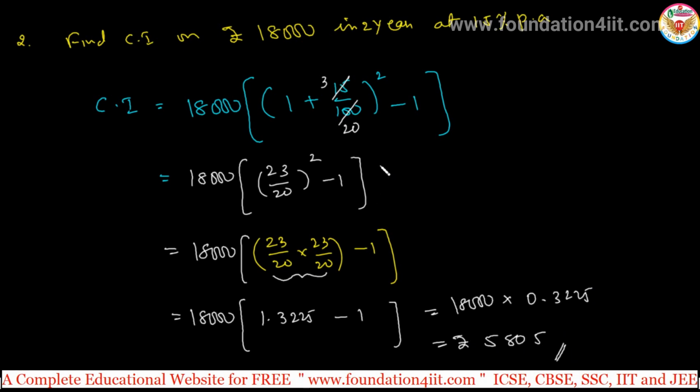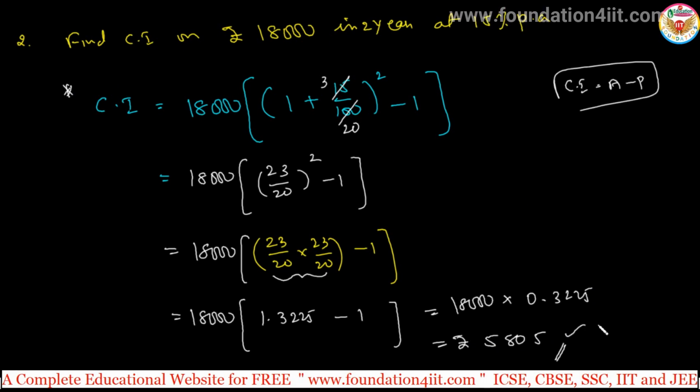So the calculation will be lengthy if you apply the direct formula. Or else find the amount and subtract; compound interest is equal to A minus P, you can use this formula also to get the same answer. Both are ways you can apply, whichever suits your calculation speed. What I suggest is to first find the amount, then compound interest is equal to A minus P, instead of taking decimals and a lengthy process. That's one method.